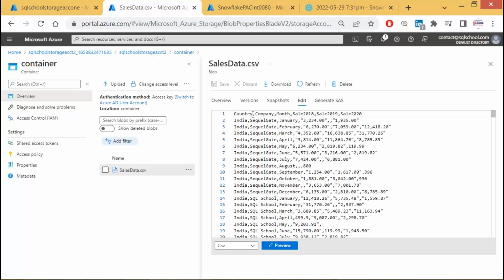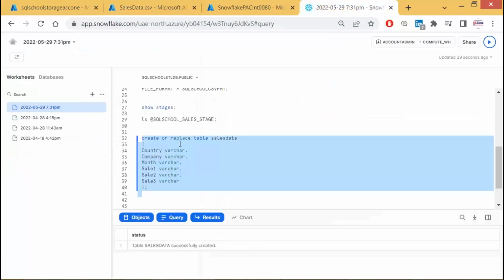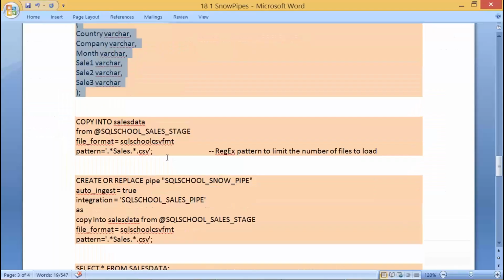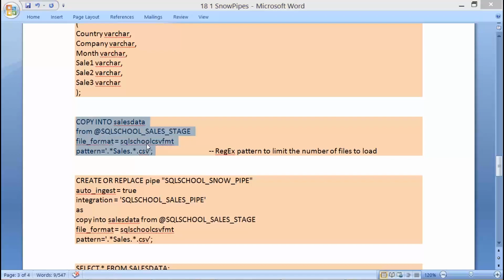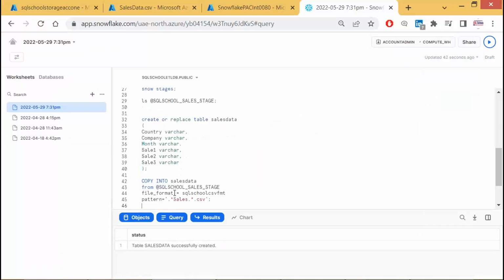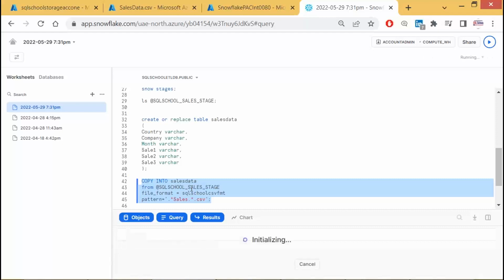Country, company, month, sale 1, 2, 3. Okay, total 6 different fields. You get this one: country, company, month, sale 1, 2, 3. And here you go. Copy into the sales data table